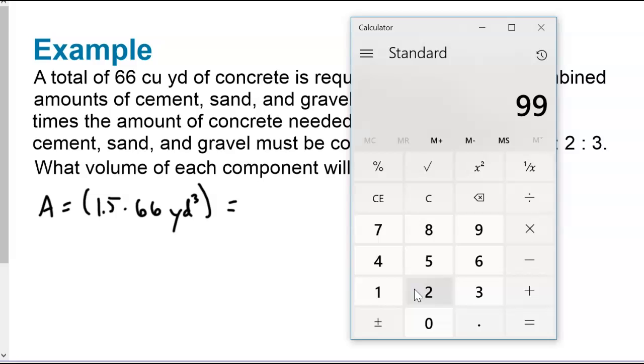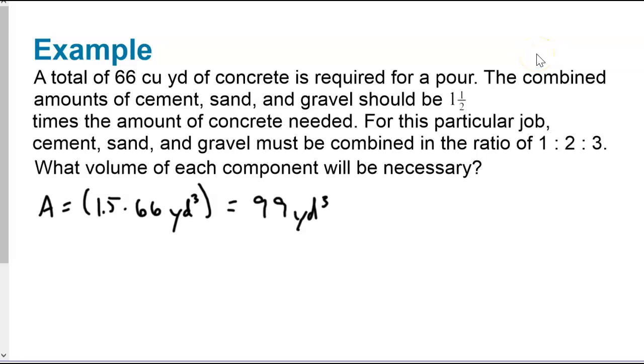And that's going to be 99 cubic yards. Okay, so now let's go ahead and try to figure out then what we're looking for. Let me get the calculator out of the way here. And it says that for this job, it's cement, sand, and gravel. And they're going to be combined in a ratio